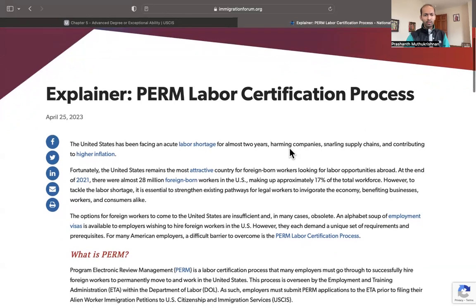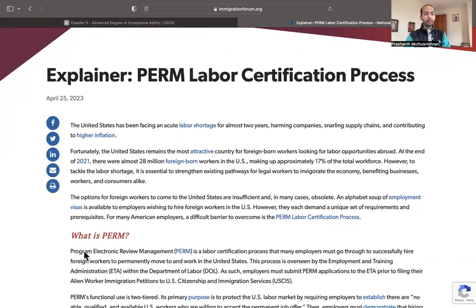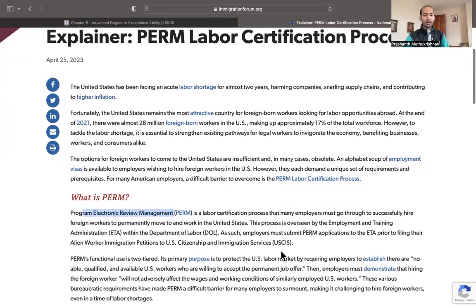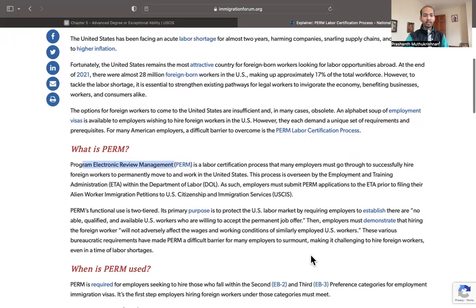What is labor certification? And by the way, you need to know what PERM is. People think PERM is like, well, is it permanent resident? No, it's Program Electronic Review Management. Okay, that's PERM. The Department of Labor is basically having to force the employer to prove that they have advertised